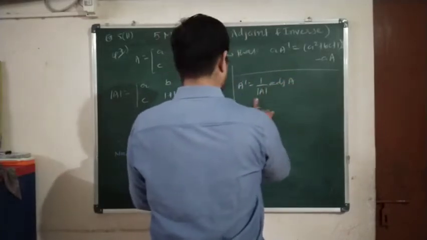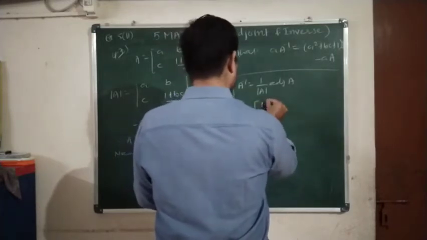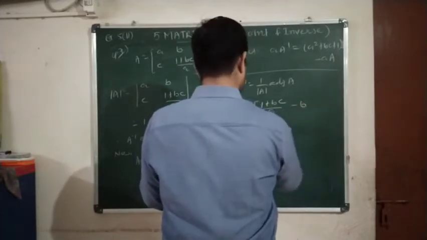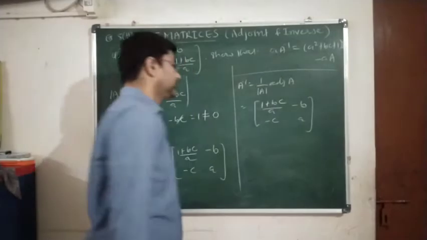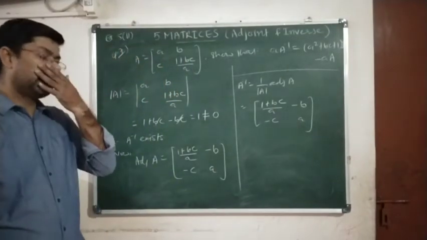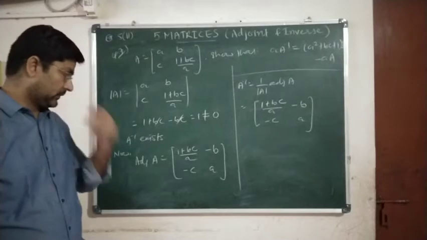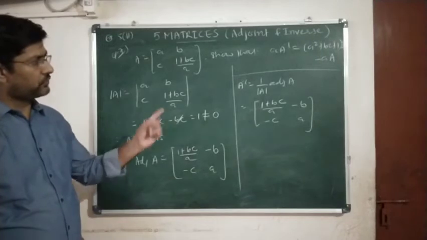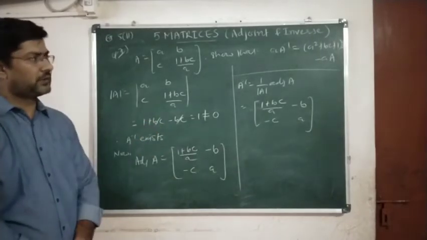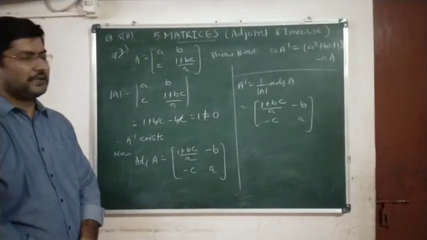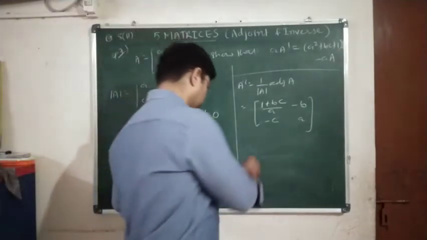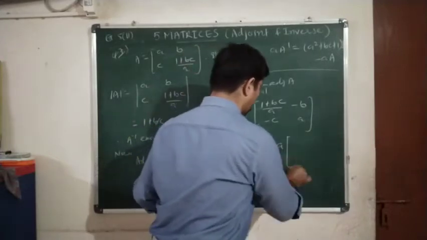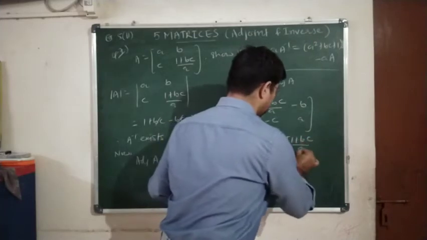Okay, 1 upon 1, no need to write. So the adjoint is the... Clear? Now we got A inverse. Now we have to show that A into A inverse is equal to (A square plus BC plus 1) into I minus A into A. So now we will find out A into A inverse is equal to A into (1 plus BC upon A